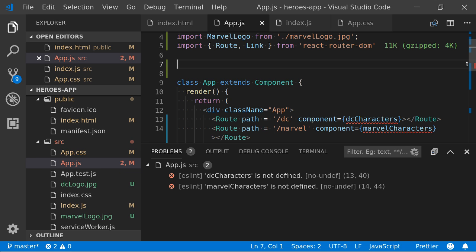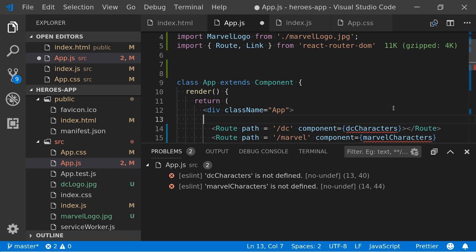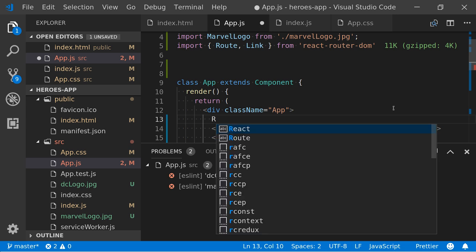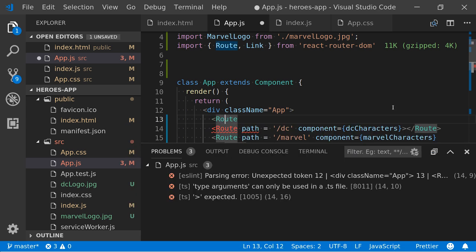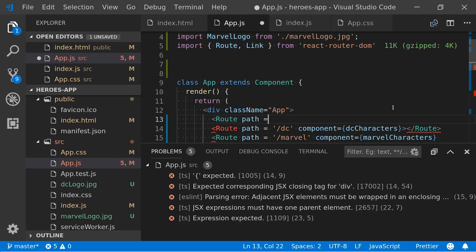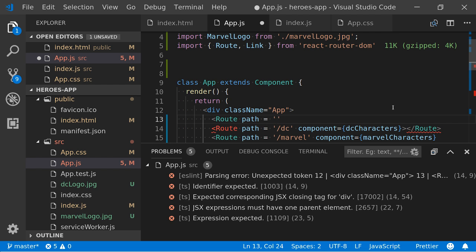Yeah, it'd be a good idea, wouldn't it? So what's my home path? Just slash, exactly.